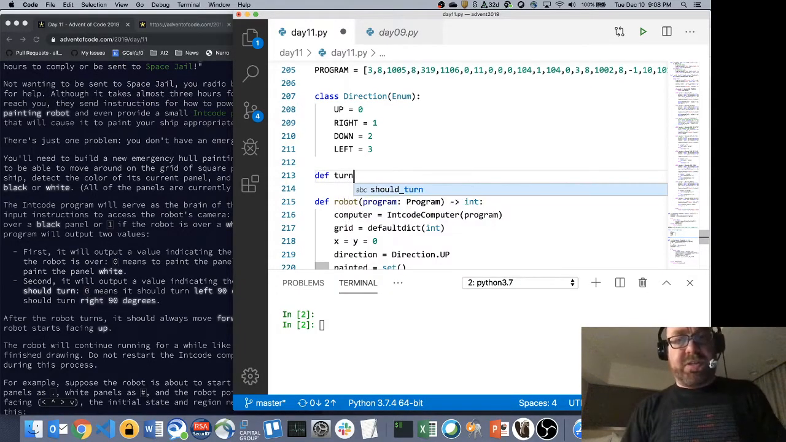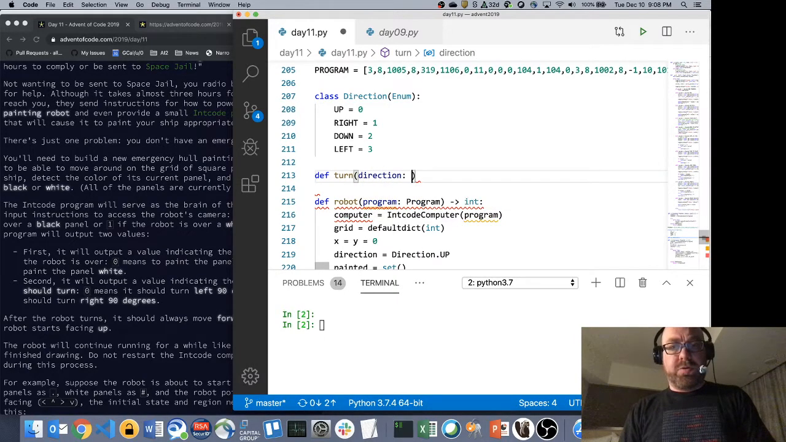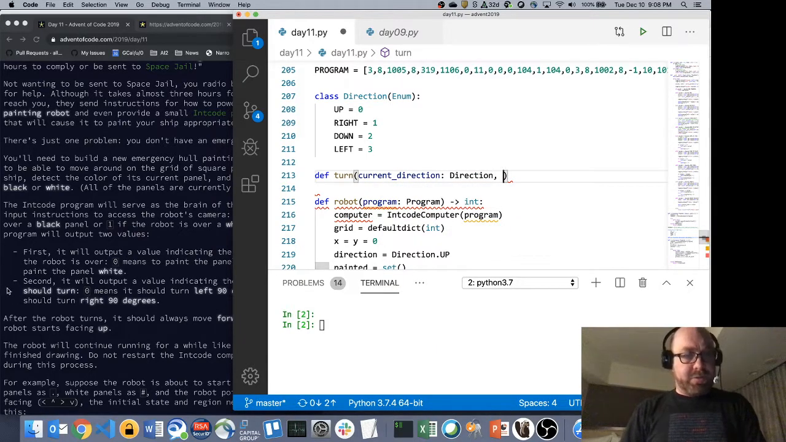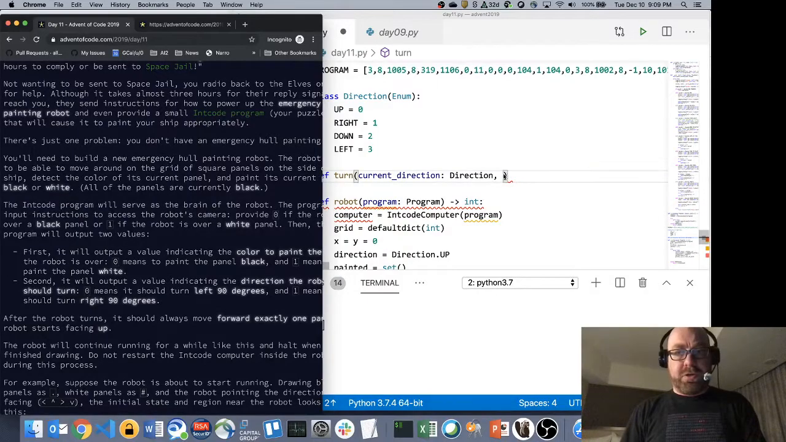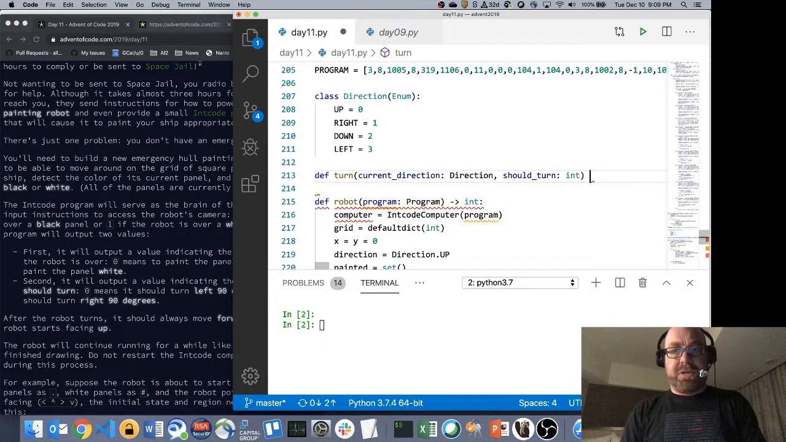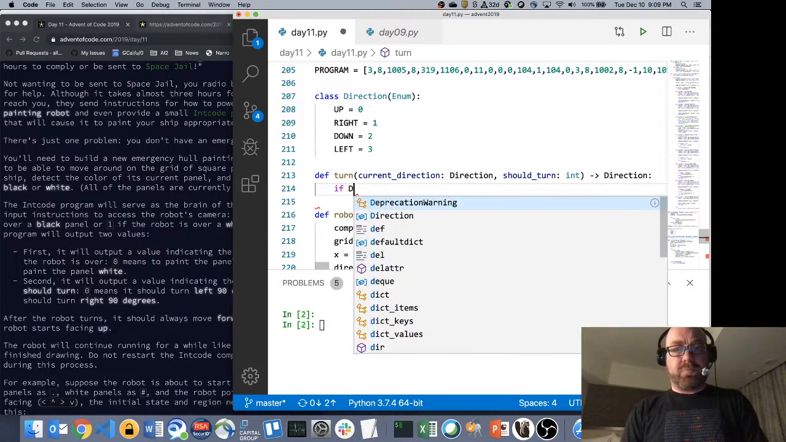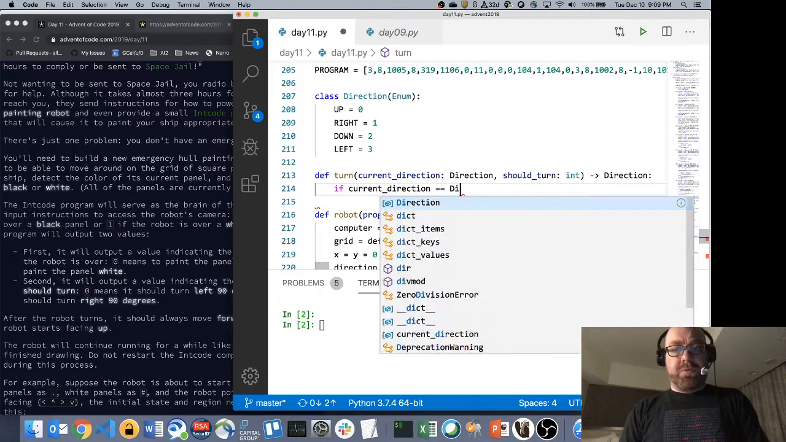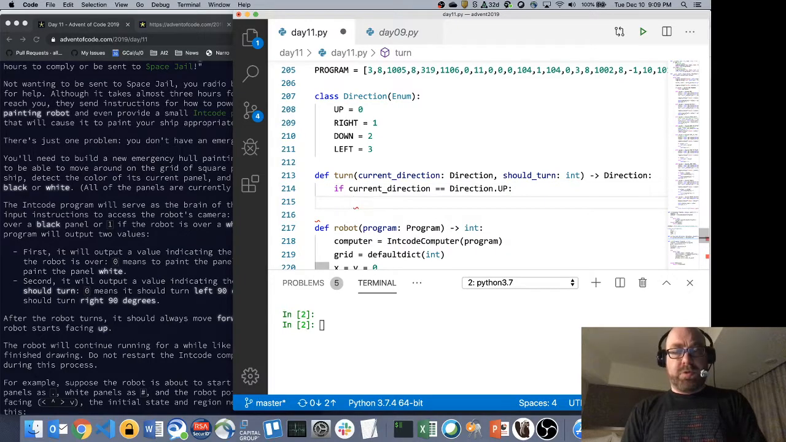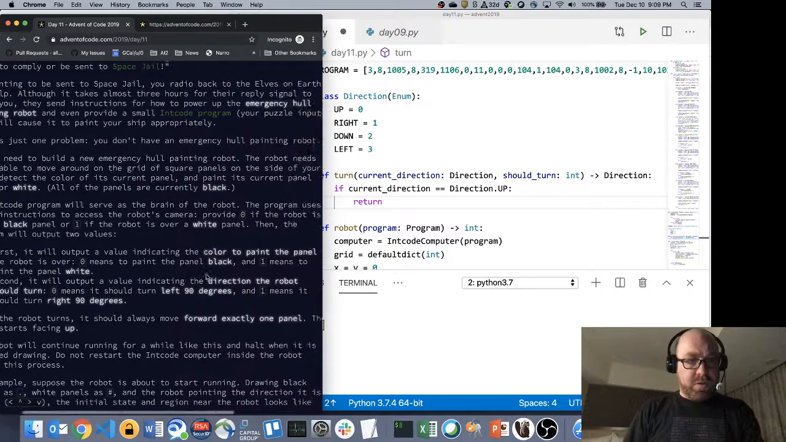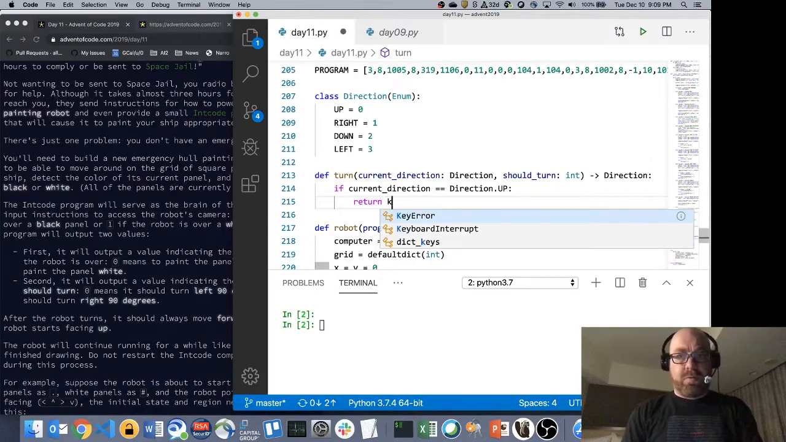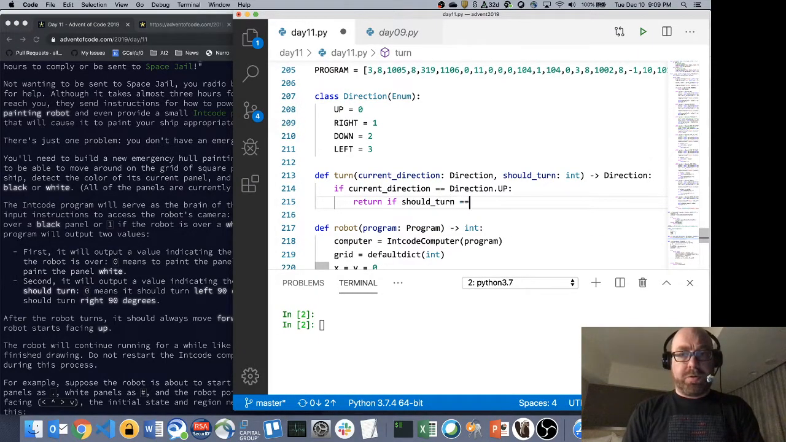Let's just write this out. Def turn, direction, let's say current direction, and we'll output a value indicating the direction the robot should turn. So let's say should turn, which should be an int, and that's going to give a direction. If current direction equals direction up, return direction dot left if should turn equals 0, else